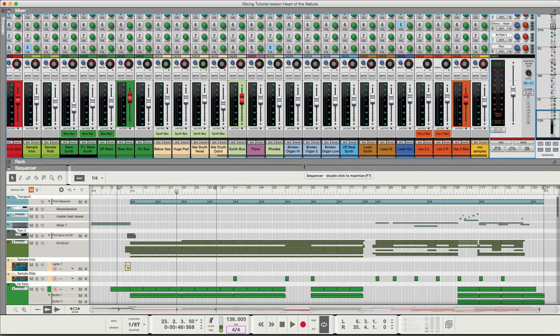But one thing I want to go over here is mixing in mono. In part 19, I showed you how to make a mono channel right in Reason. And it does work. It does create a mono channel. The only problem with it is if you want to solo one of these channels, you have to solo the mono channel too. So I'm going to show you a workaround, because there were a lot of people who didn't like that. So this is an easy workaround, and it will serve another purpose,